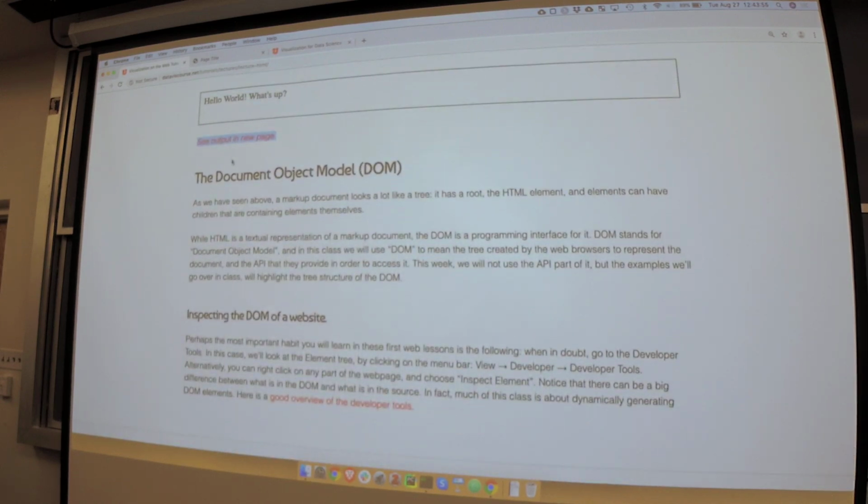Okay, so obviously, if you've never seen HTML, 20 minutes of introduction into HTML is pretty rapid. But the one thing I want to say is how is HTML related to the DOM? And so DOM is this Document Object Model, and the DOM is basically, think of the